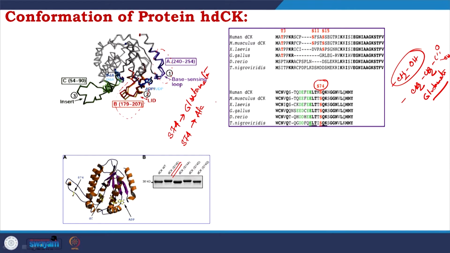We make alanine to see what is the null effect. We make S74 to aspartate because we wanted to prove that it is not the charge only, but the length, because glutamate and aspartate have the same charge but the length is less. So, we wanted to compare and we wanted to make glutamine,